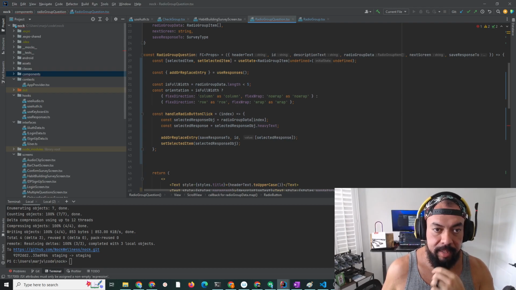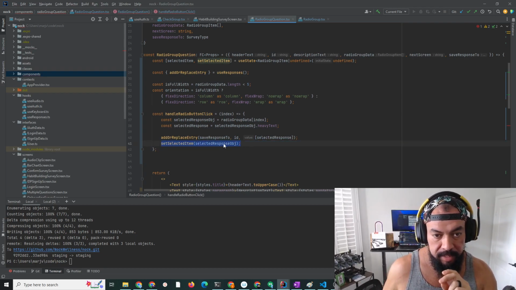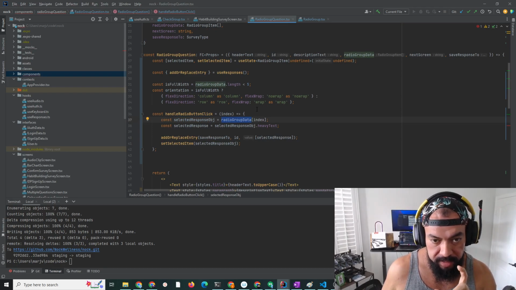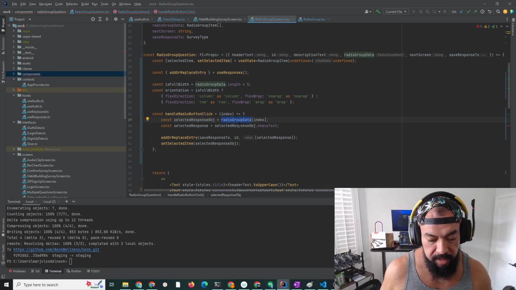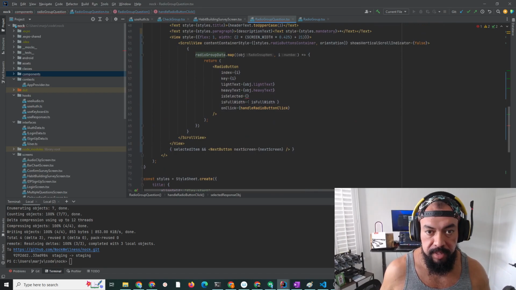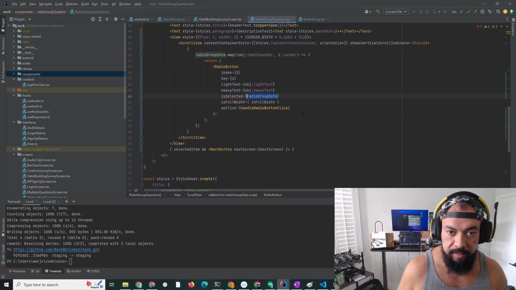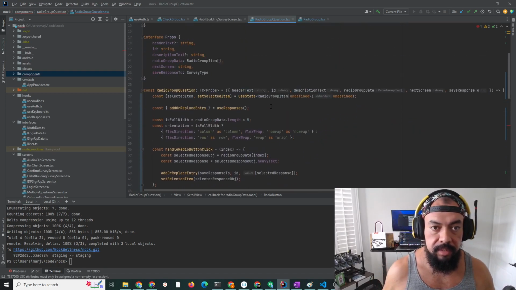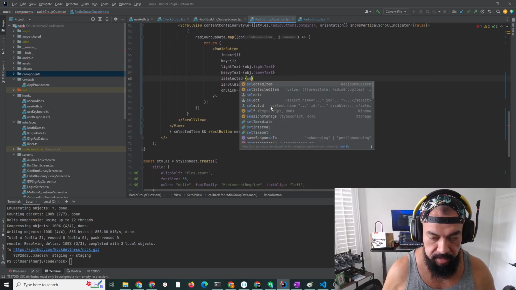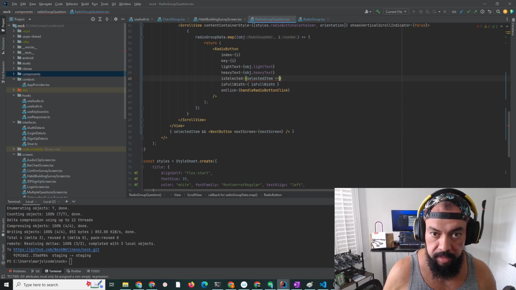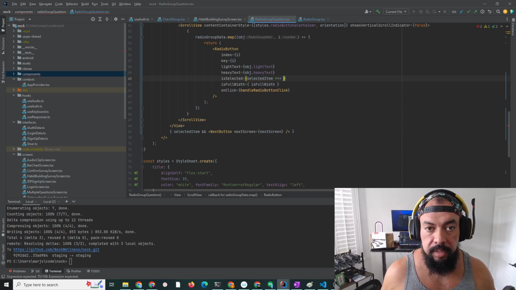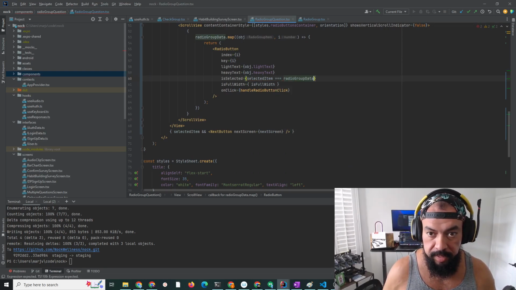Because anytime that I'm setting the state, I'm just basically setting the selected item to the thing that came from radio group data from the prop. So it's equal to a reference to that item. So I should just be able to do a reference comparison here. Radio group data, sorry, the thing in the state. Selected item equals radio group data